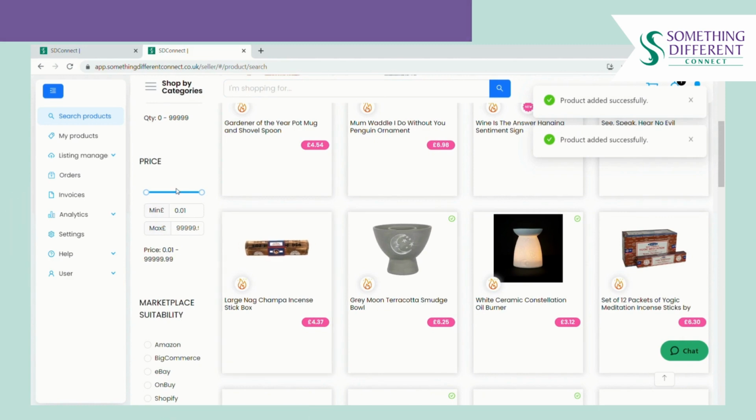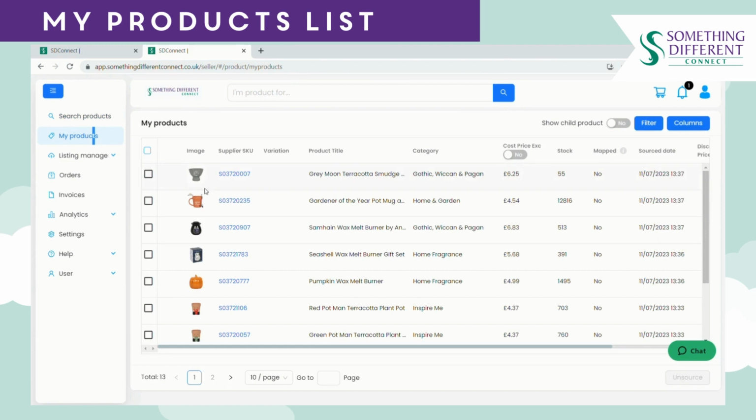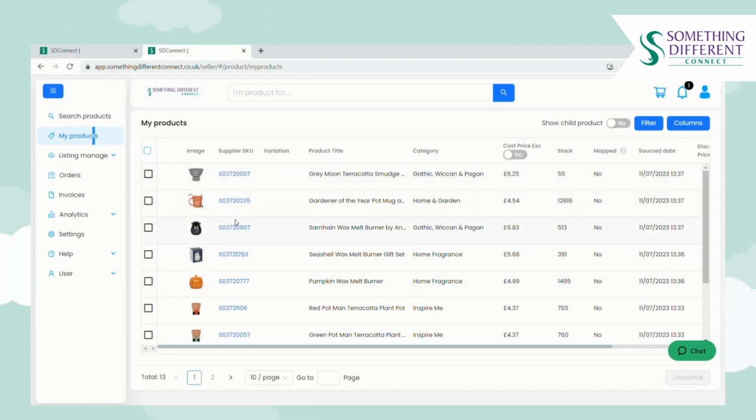So anything that you decide to source will be added here to your My Products. And in the My Products you'll see an image of the item, the SKU, the product title, the category which it sits in on Connect, the cost price, which is what you pay us for the item, and you can toggle this to yes or no to see the price including or excluding VAT. You can see the current stock level, whether it's been mapped, and at the moment it won't be because we haven't listed anything in our EKM store. You can see the date it was sourced,